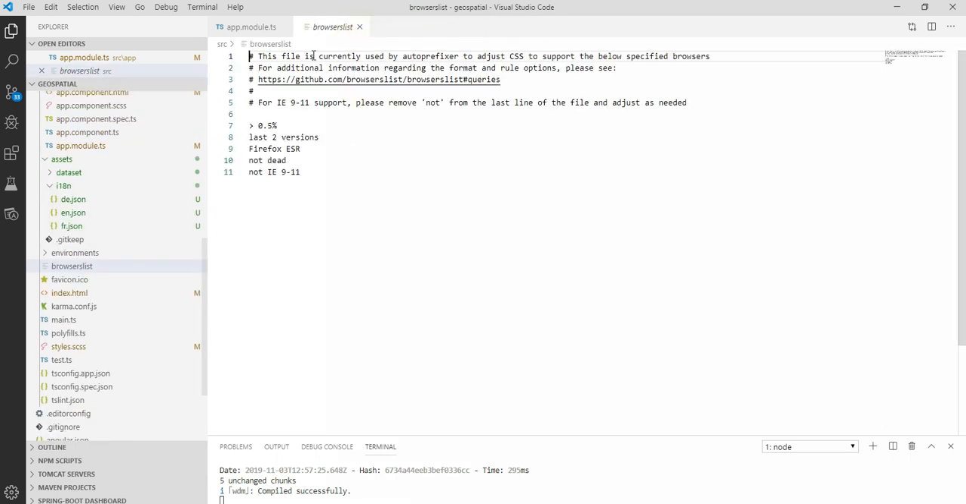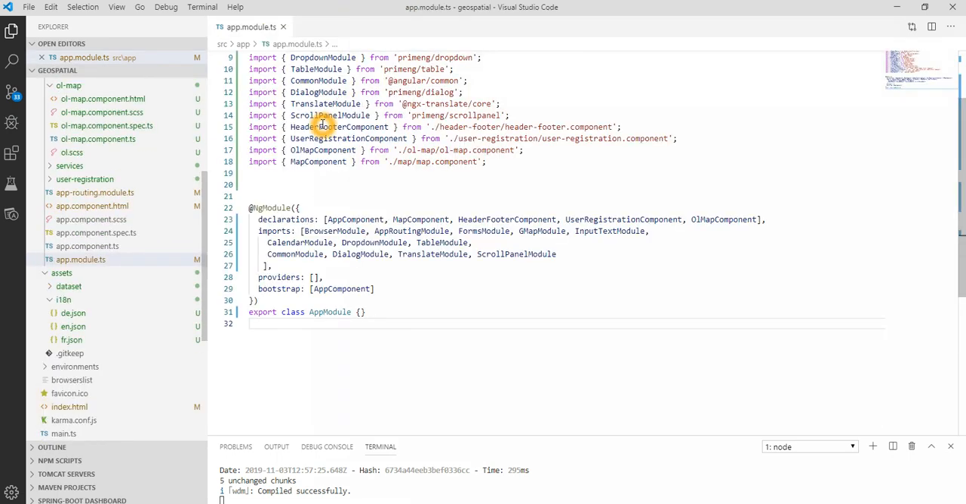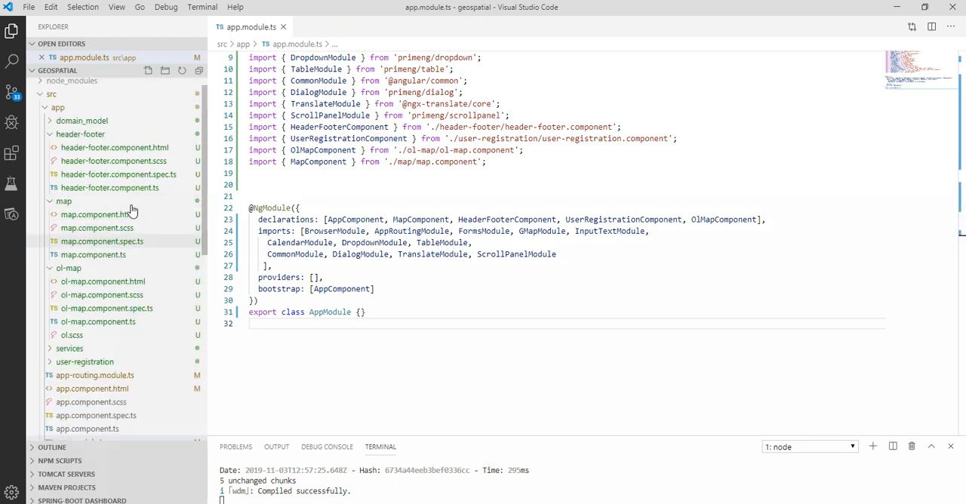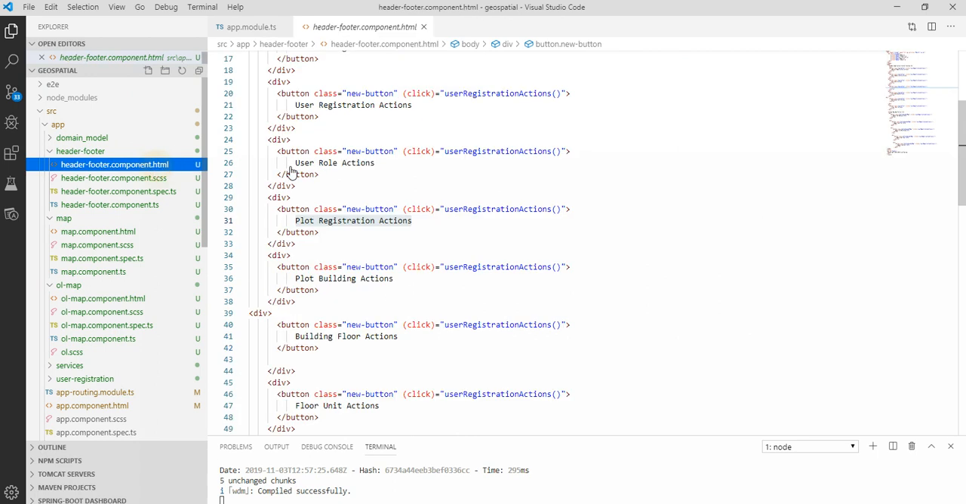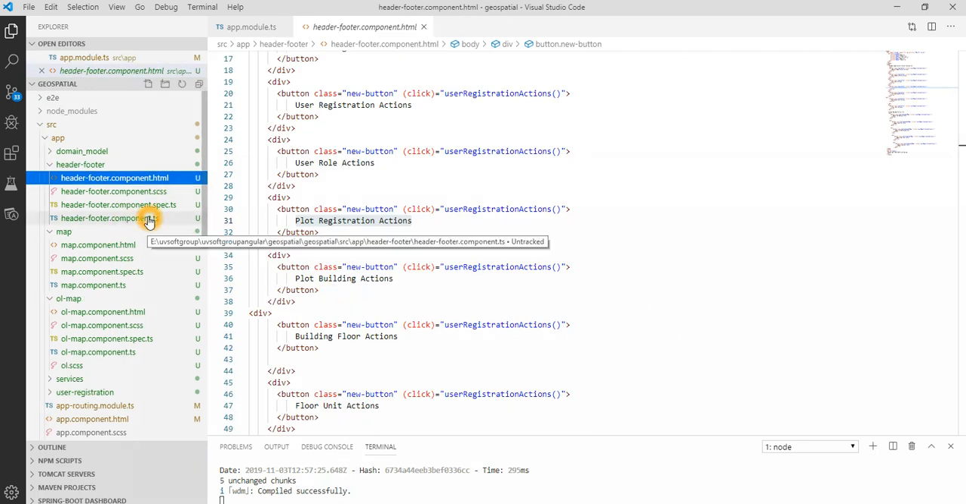So where we are here, we have the modules, the header and footer modules. You already saw how the header and footer modules work and how the